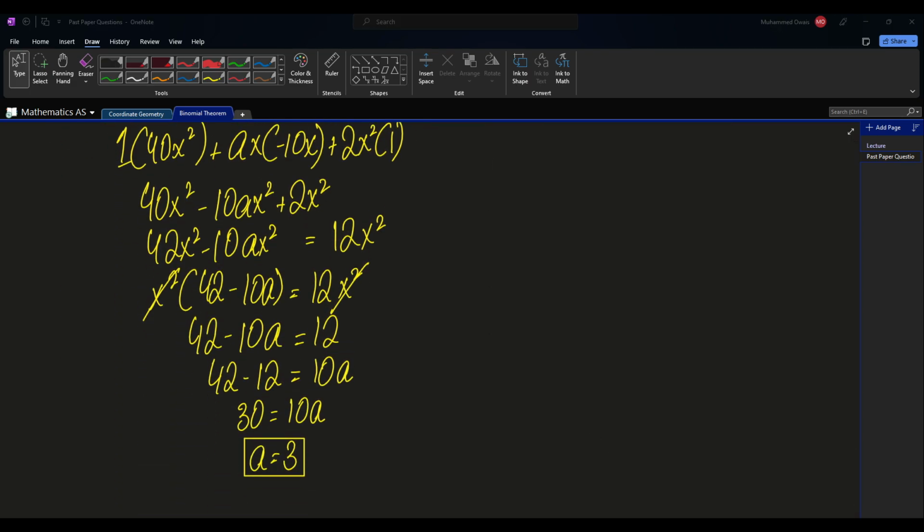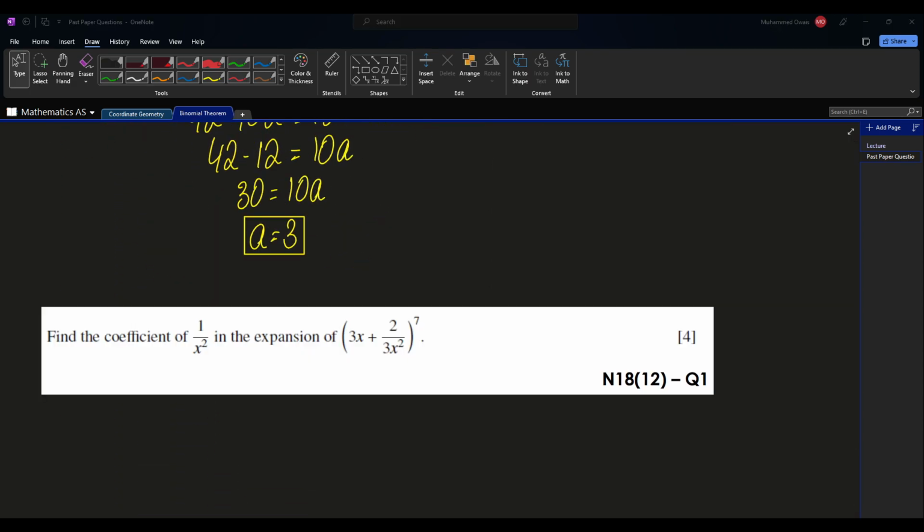All right. Okay, then here we have another question. This time, once again, from the year 2018, but from October-November, paper 12, question 1. Now then, this time they are asking us to find the coefficient of 1 over x square. I can also write this as x minus 2, right? Basically, take this x square to the top and you will find the coefficient. Now, it is pretty simple. They just want us to find the coefficient